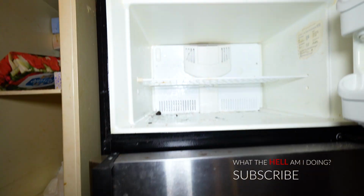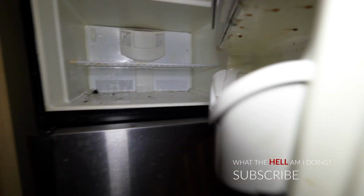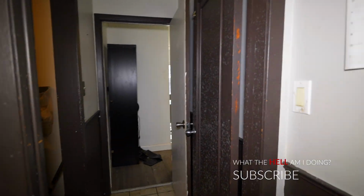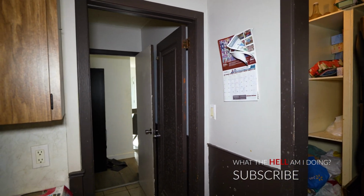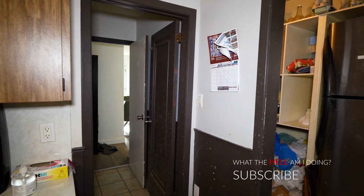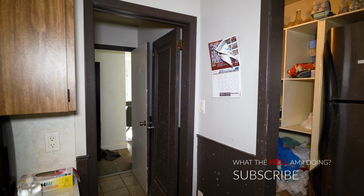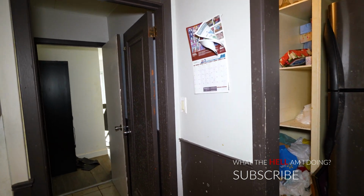Oh, it stinks though. Oh my God. Look at the mold on the shelf. It's growing thick. Oh my God. Ugh. That's gross, guys. That stinks real bad. It's been a while since we got to enjoy the sights and smells of a bad fridge, so I hope